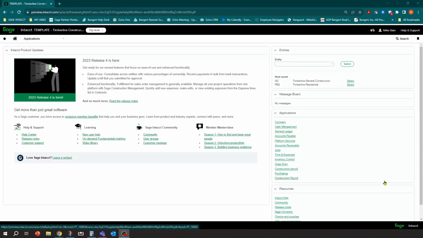In this next segment, we're going to talk about the new feature that's coming out in cash management called Bank Transactions Assist. And this again is for the Sage Intacct 2023 R4 release. So just to recap again, if you want to find out more information or circle back on this new feature here, go right into the release notes at your homepage in Intacct, and you can hit read release notes.